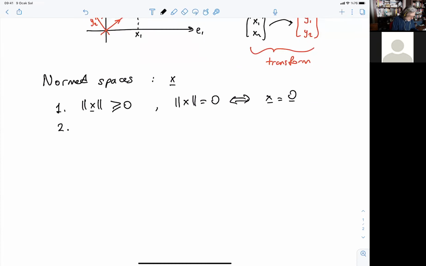The second property: if you add two vectors in this normed space, the norm of the summation is less than or equal to the summation of the